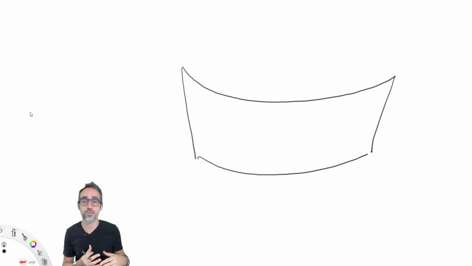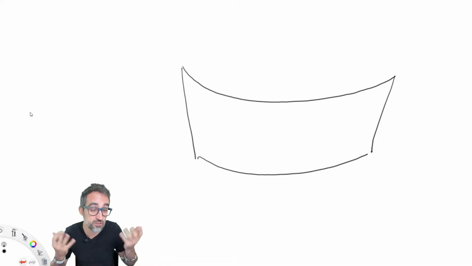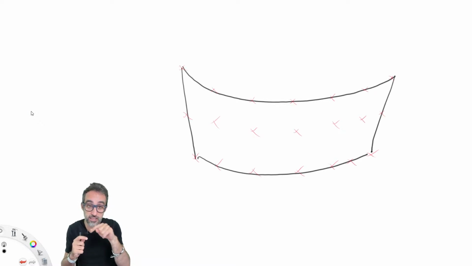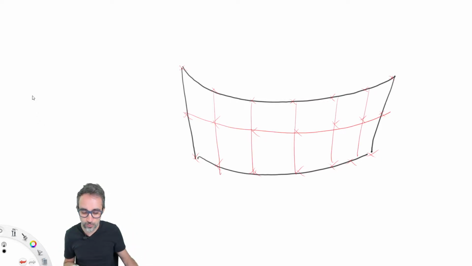We're going to start off with a free-form surface, which we're going to imagine is some kind of facade, for example. But because it's going to be a NURBS surface, the first thing that we're going to do is turn this surface into a mesh. And we're going to do it in a very simple way, which is finding UV points on top of that surface and then creating a mesh out of those UV points, which is going to be a super simple process.